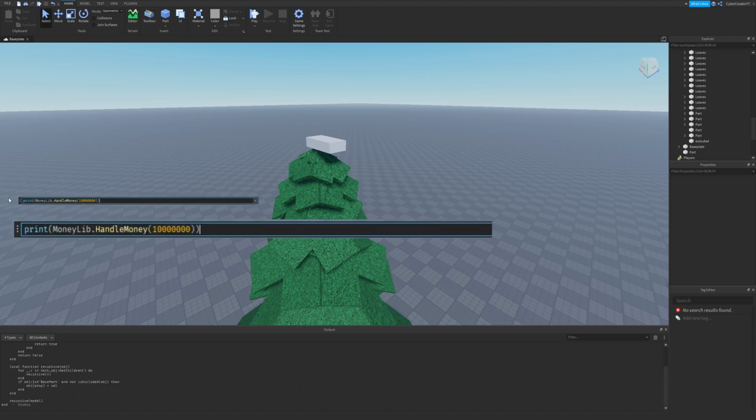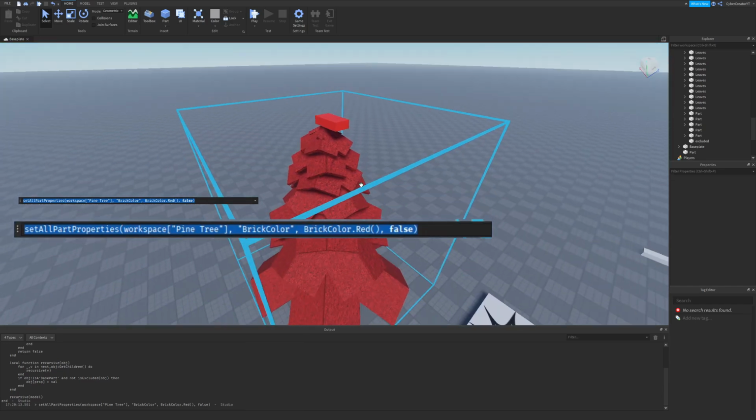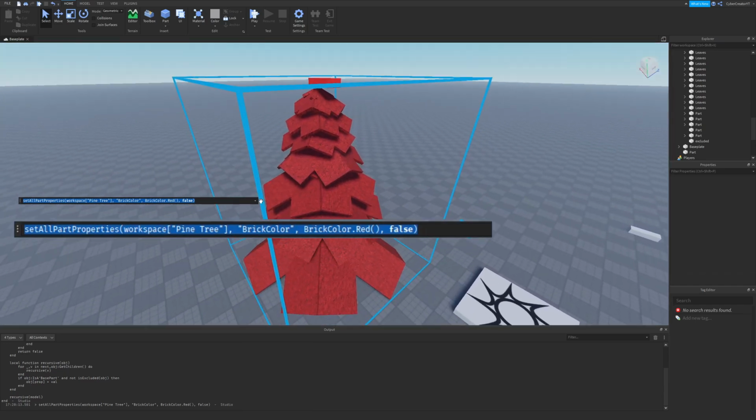And then what I'm going to do is call that function on this tree. So you set all properties on this pine tree, it takes the property that we're going to change, the brick color, as a string, the value that we want to set it to, and then you can exclude different parts. So I'll put this as false for now. And if I run it, you can see every part in this model was changed to the brick color